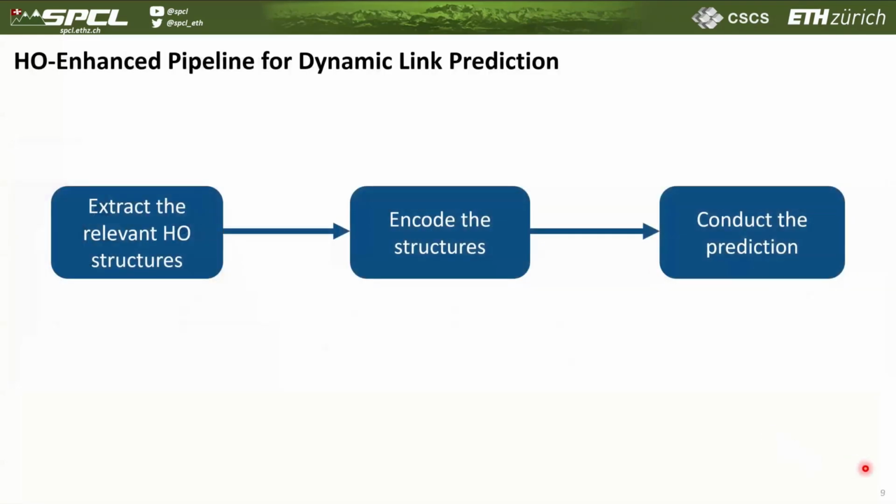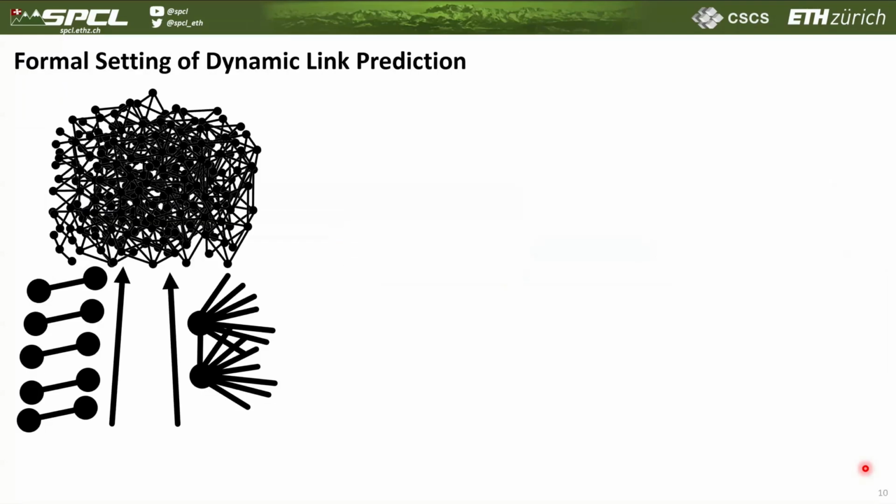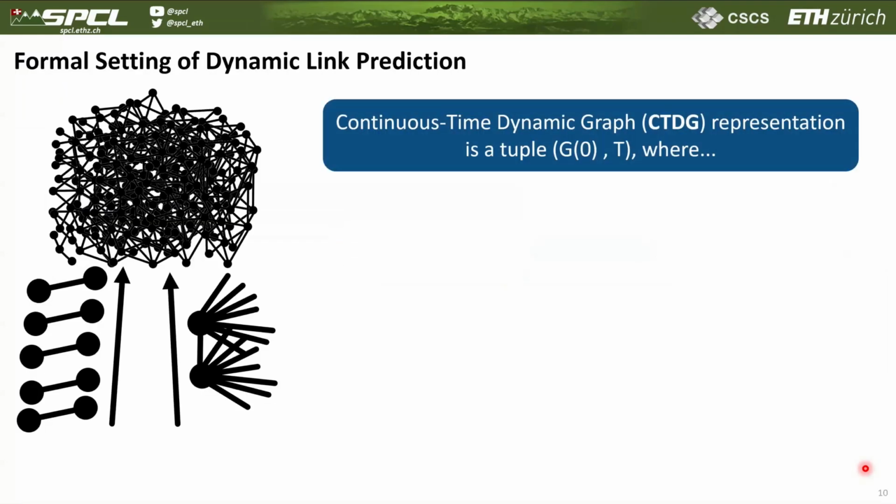Now let's take a look at the rest of the pipeline. Well, how we encode these higher order structures, how do we build the model and make the predictions? Let's start with the formal setting before we proceed. So in the formal setting of the model, we assume that we are using the continuous time dynamic graph, in short CTDG, which is a well-known established representation for dynamic graphs. It's the one that we use most often these days. It's formally a tuple